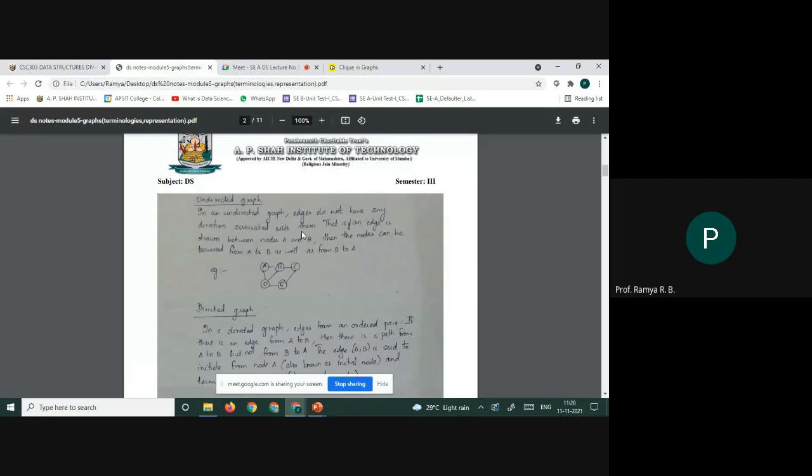Normally, graphs are used to represent complex relationships. Say you want to represent the relationship between five cities. You want to travel between five cities and you want to represent the distance between those cities, then you will be representing it in the form of a graph. Say you want to represent the relationship between the computers in your laboratory. That means you want to know which computer is connected to which other computer in your lab. That means you want to represent a network. All such complex relationships can be represented using graphs.